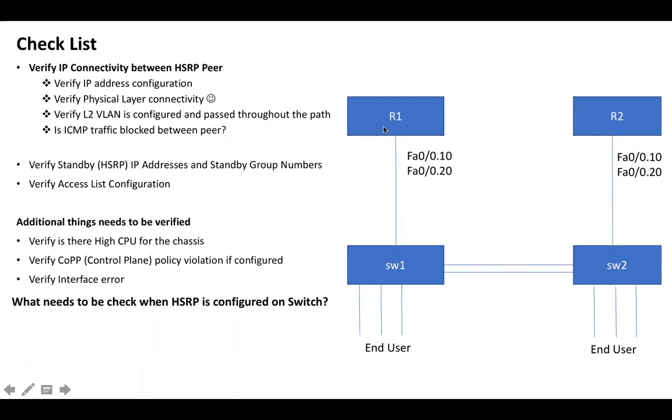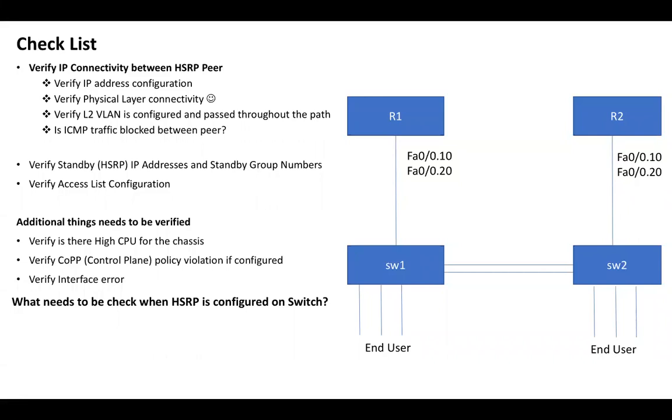Maybe due to high CPU utilization or control plane violation, the device is not able to process HSRP hellos, or HSRP hellos are getting dropped at CoPP level. So we have to make sure CPU is normal and we are not seeing drops in the HSRP class